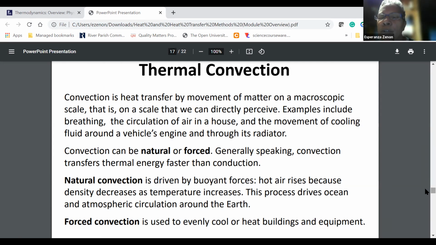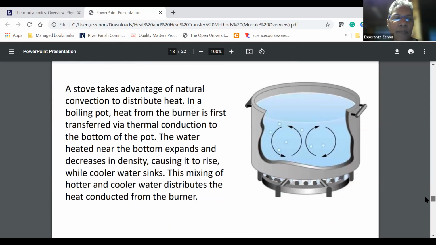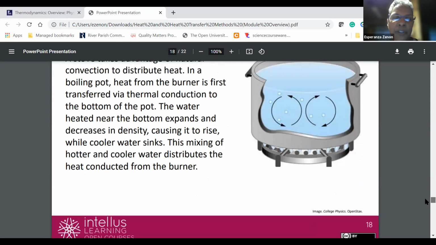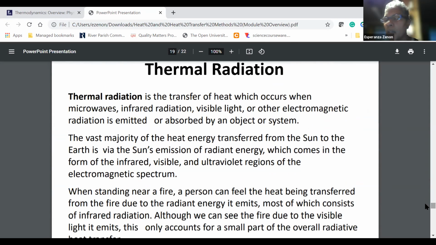Remember, a fluid could be a liquid or a gaseous fluid. We think of water as a liquid fluid, but air is a gaseous fluid. So, heat transfer by way of fluid flow. They give you an example of convection here. You can take a look at that, but it's not anything I would expect you to have to discuss with me on any level.